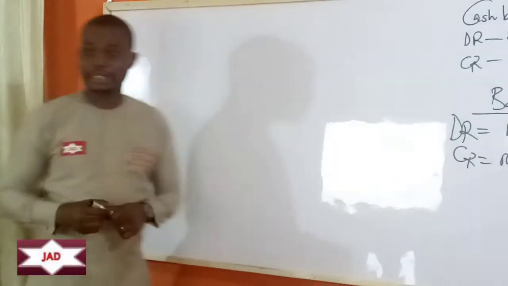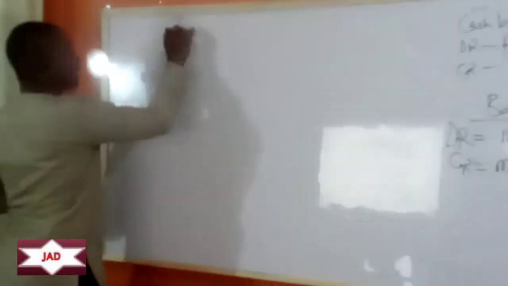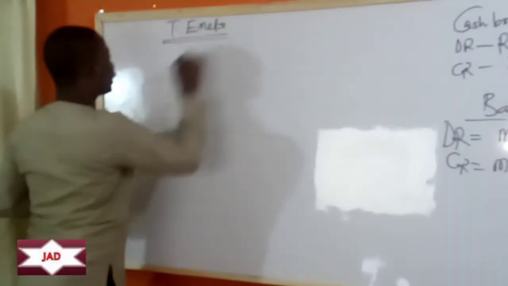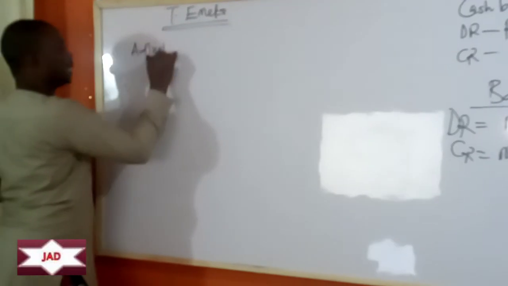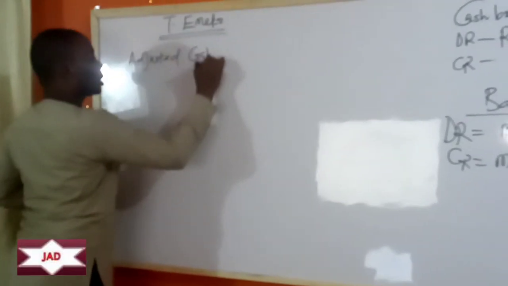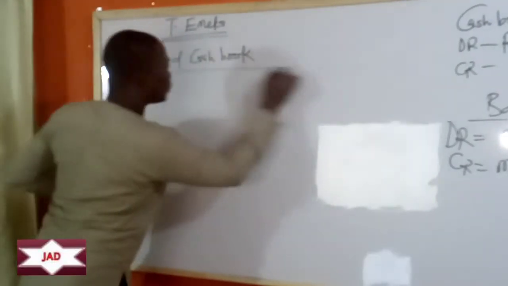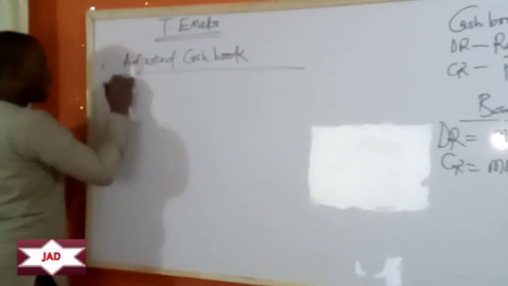So the first thing says we should prepare the adjusted cash book. Who owns the business? T. Emeka owns the business. So what I'm preparing, the first requirement, is the adjusted cash book. I told you your cash book is still your cash book. So there's really nothing new. So we can have here